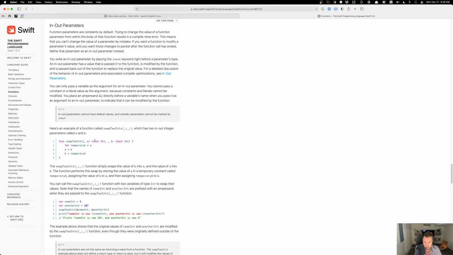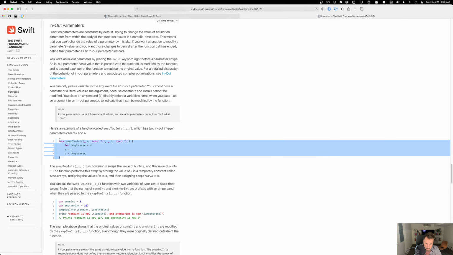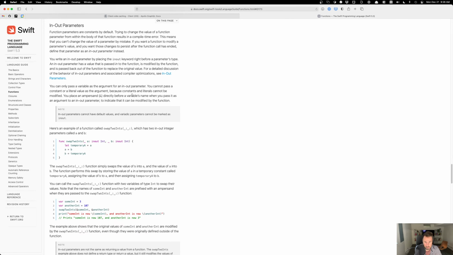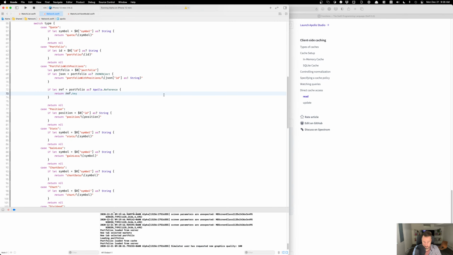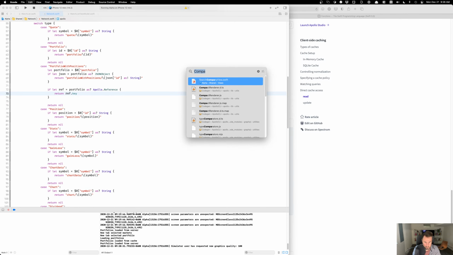This is something maybe new to you or something that you've never used before. But basically, if you set this in-out keyword on your variables or on your parameters, this will allow the actual function or the closure that you pass these things to actually modify the variables. And if we look at the function signature for this within read transaction, we'll see why this is really important. So let's go ahead and look at a